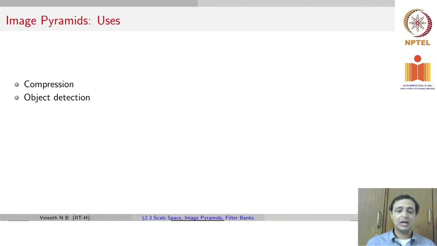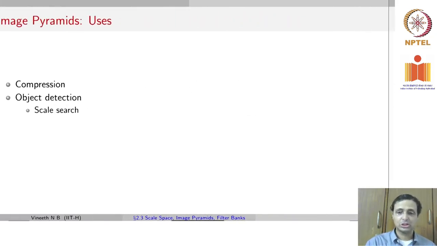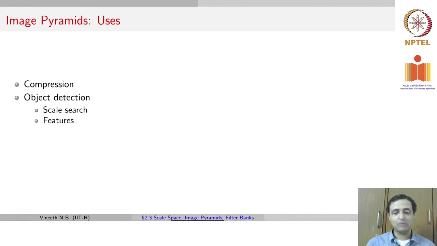You could use an image pyramid for object detection. How and why? You could use it by doing a scale search and then doing some features. What we mean here is you could look for an object firstly in a low resolution part of the pyramid, and once you find the region of the image where you get the object, then you go into the next high resolution, search in that region a bit more carefully, find where the object is, and then you can keep repeating this in higher resolutions. You can also use an image pyramid for stable interest points, which is what we've been discussing so far.